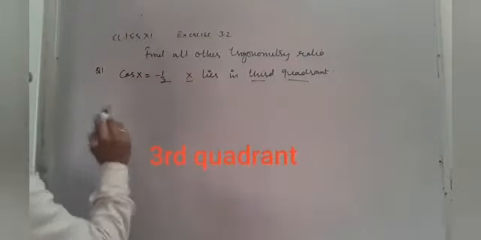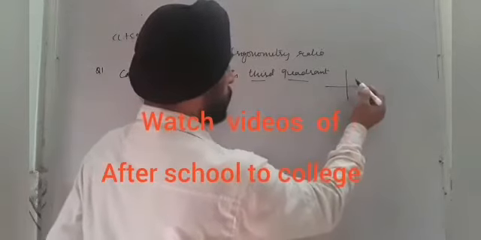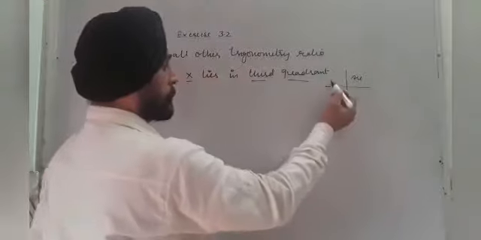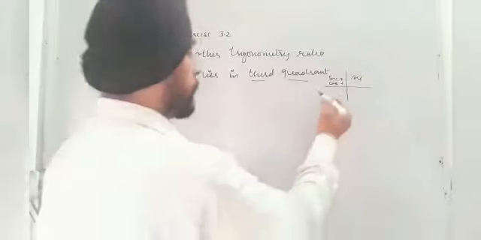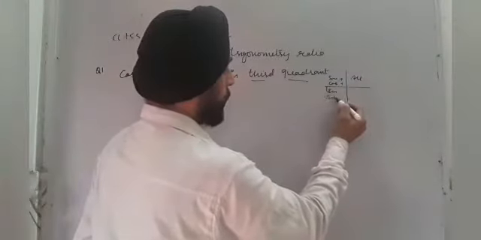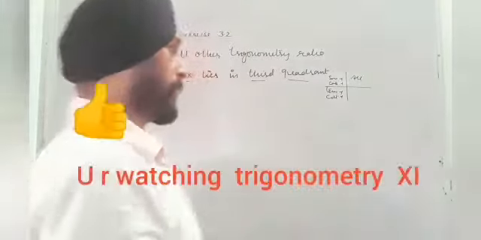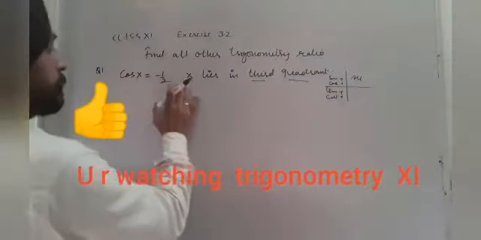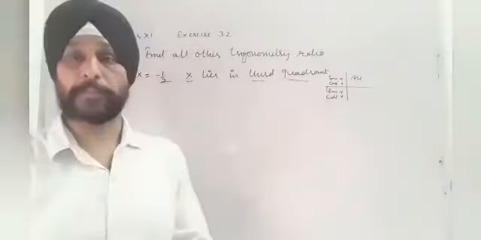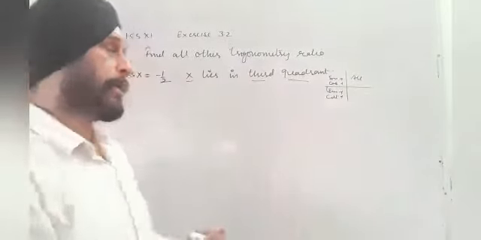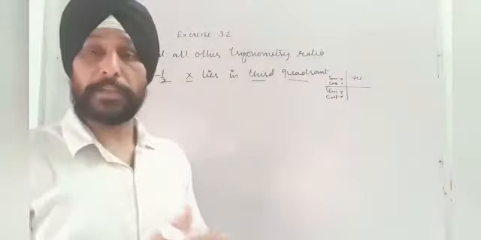That means third quadrant. In the previous video you noticed, in the all-sine-and-cos rule from school to college, in the first quadrant all trigonometric functions are positive. Sine and cosec are positive in the second, but right now in the third quadrant, tan and cot are positive and all other trigonometric ratios will be negative. So according to the condition cos x is minus 1 by 2, no doubt it is absolutely right. In the third quadrant you will get tan and cot positive, student. All other trigonometric ratios will be negative. So our question is very much right here.